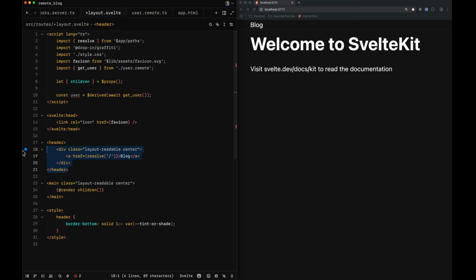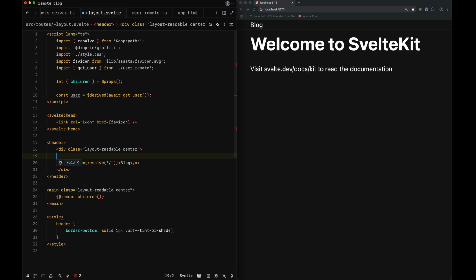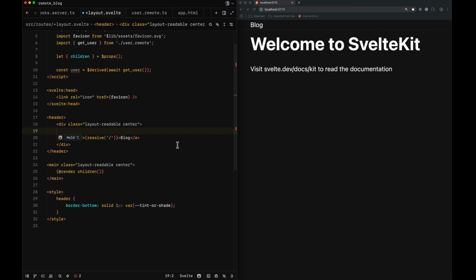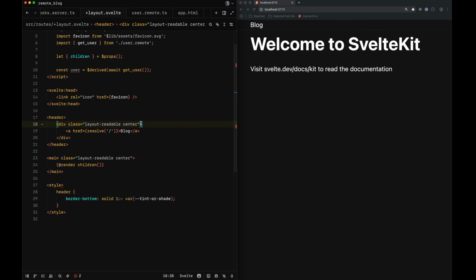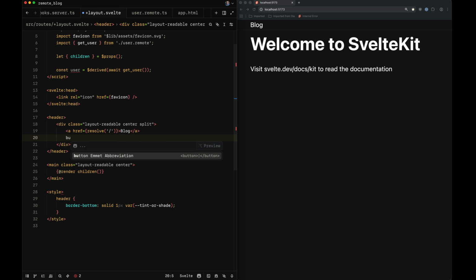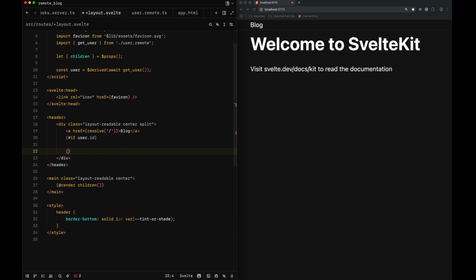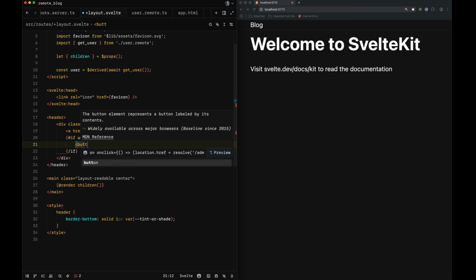So inside of this layout, let's go ahead and add another div down here. And we're working towards a logout button here. Actually, let's add another class to this, and this is going to be split. Split just kind of adds a justify-content of space-between to these. And we're going to add an if statement in here. If the user.id exists, so if the user is not null,